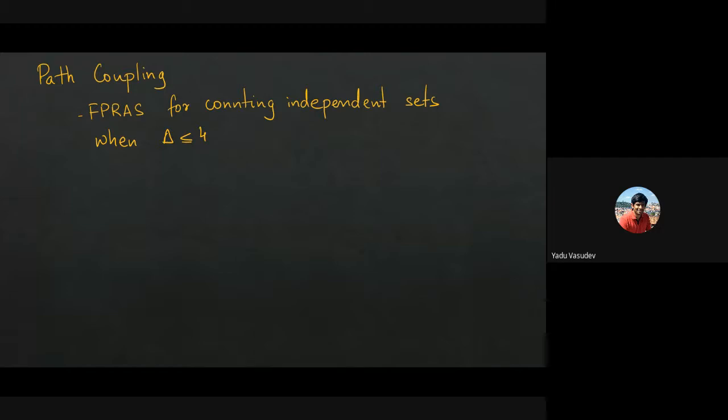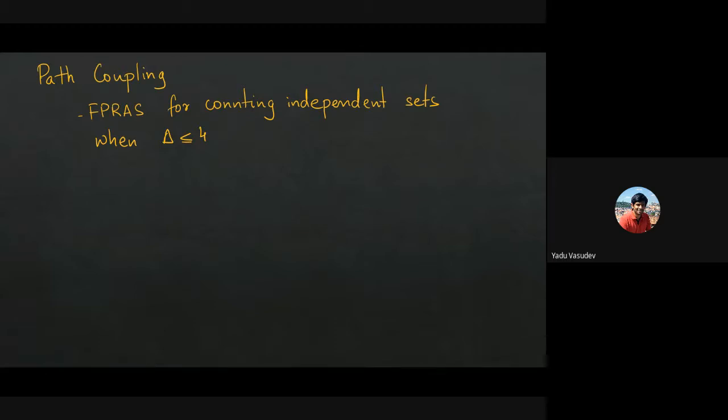It is only when we analyze the coupling argument, when we try to prove the mixing time, that we will actually require the degree bound. Okay. All the parts regarding the Markov chain, the stationary distribution being uniform, and everything will apply to any graph. Just that the analysis to bound the mixing time will require the property of being bounded degree.